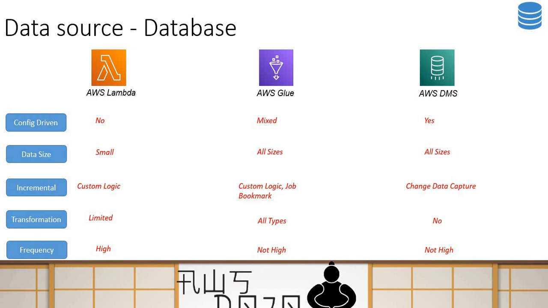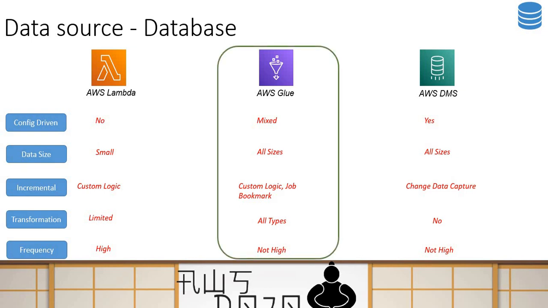So if you ask me about my personal choice, which service to choose, given these three things, which one looks like the more balanced choice to me, in my opinion the most balanced choice is Glue. Because it can handle all types of transformation, it can handle all types of data sizes, it can look into incremental data,